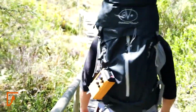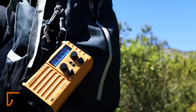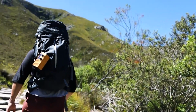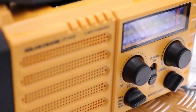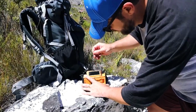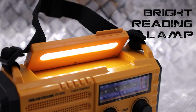Stay prepared for any weather with the Mesqool NOAA Weather Alert Radio and Camping Lantern. This upgraded radio features 7 NOAA weather stations to alert you of hazardous weather conditions like thunderstorms, hurricanes, and more. Powered by a 5,000 milliamp lithium-ion battery, this radio offers 5 ways to charge, including AC/DC power, solar, hand crank, and AAA batteries. The radio features a 3-module ultra-bright flashlight, a foldable reading lamp, and an SOS alert light for